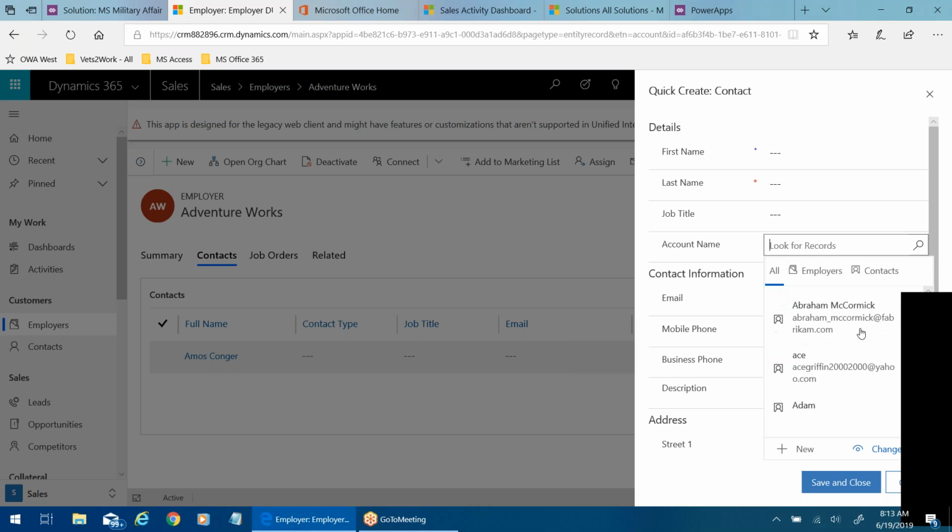Click on the look for. It's showing you people like Adam, and it's showing you companies like PMG. Oh, okay. Go ahead and click on, if we go to employers or contacts, there you go. But why would you even want to look at contacts if you're really looking for an account name to put in there? That's what I don't get. Maybe we don't need to worry about it, but it's just another user training issue.